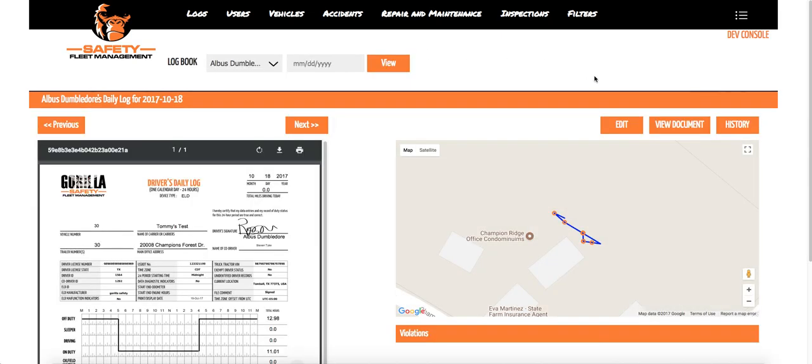Next thing I'm going to go over is viewing documents. If you have the second tier package of the subscription, your drivers can take pictures of their daily documents, bills of lading, delivery receipts, and you'll be able to see that for 10/18. So if I click on view document,